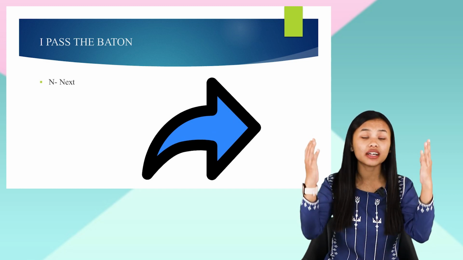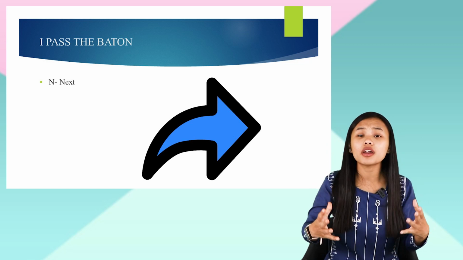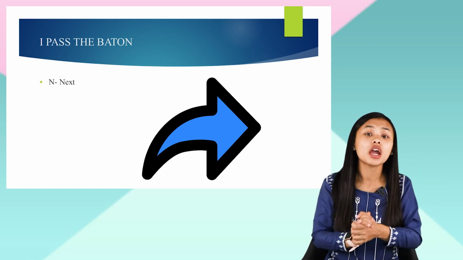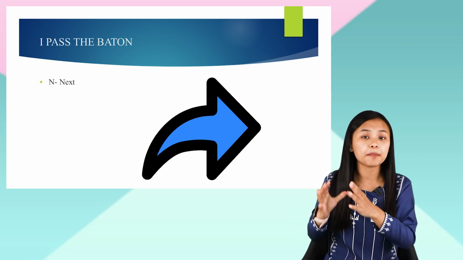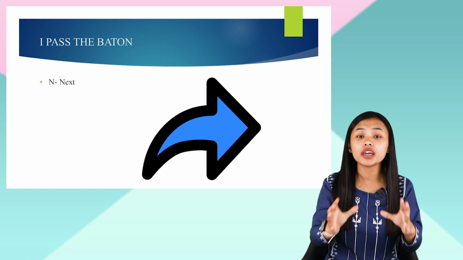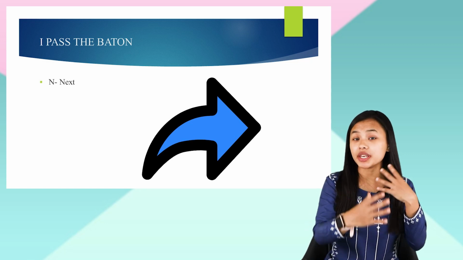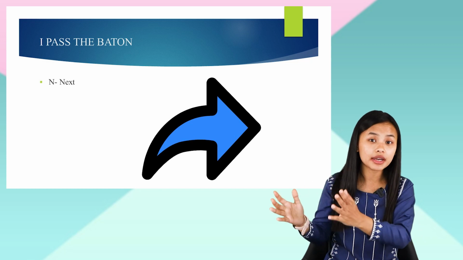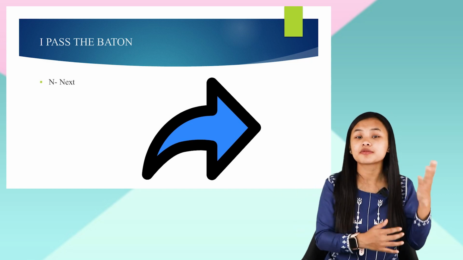After you have assessed the condition of the client, you can find out if they require any modification, or if they can still stick to the same plan. So through this next, you will be able to get an idea of what will happen next, what modifications need to be done, as well as what the next plan is for that particular client. So these are the various things that you can perform when you are using this strategy, that is the I PASS the BATON strategy. Now we have come to the end of this topic.